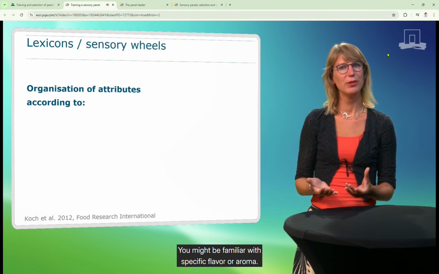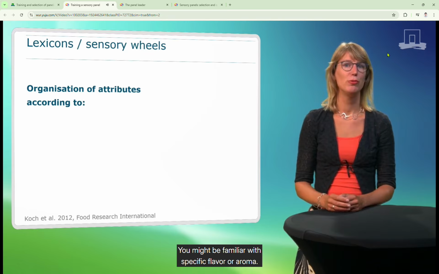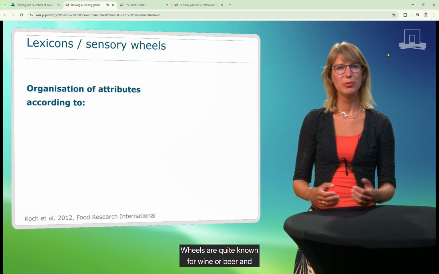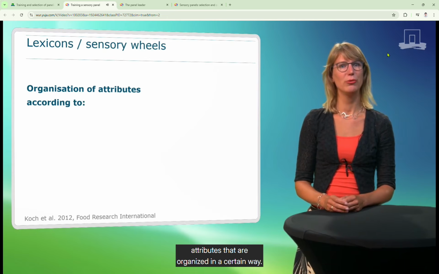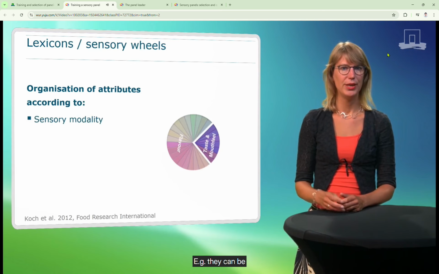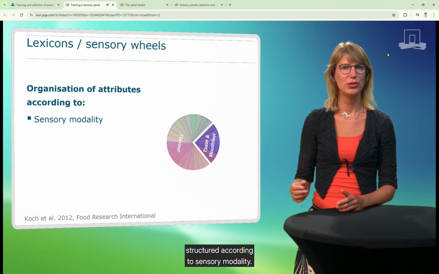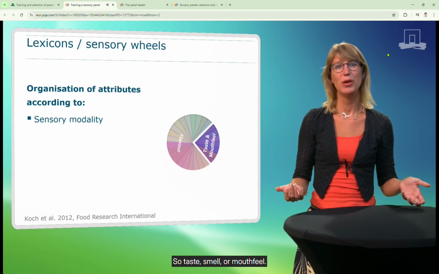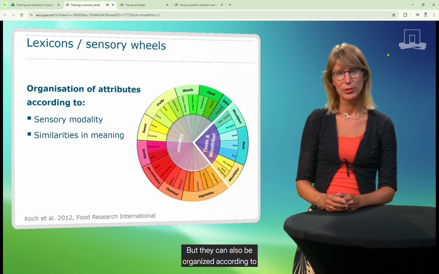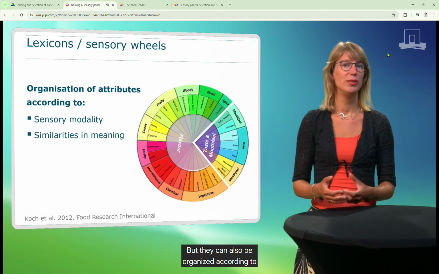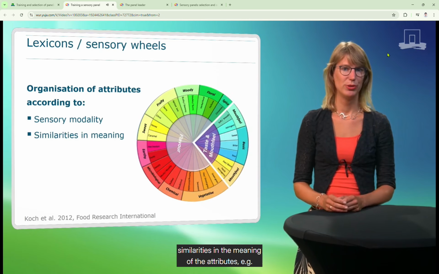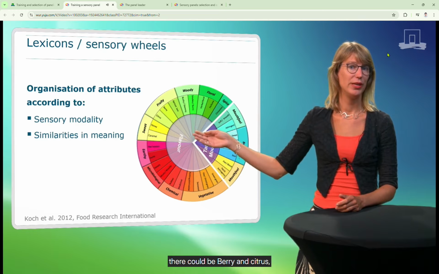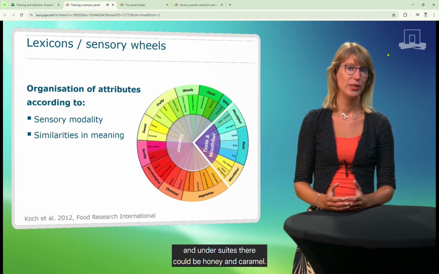You might be familiar with specific flavor or aroma wheels. They're quite known for wines or beer and represent a number of attributes that are organized in a certain way. For example, they can be structured according to sensory modality, so taste, smell, or mouthfeel. But they can also be organized according to similarities in the meaning of the attributes. For example, in the category fruity taste, there could be berry and citrus, and under sweet, there could be honey